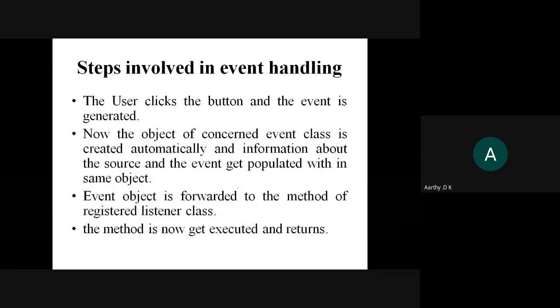So first, you will have a state change in the object. That is something done by the object: you either click or press something. That kind of event happens first. Next, for that event, you have to create an object such that the listener will be able to work on the available methods so that the event is handled. So the method is executed. This is what happens when an event is handled.